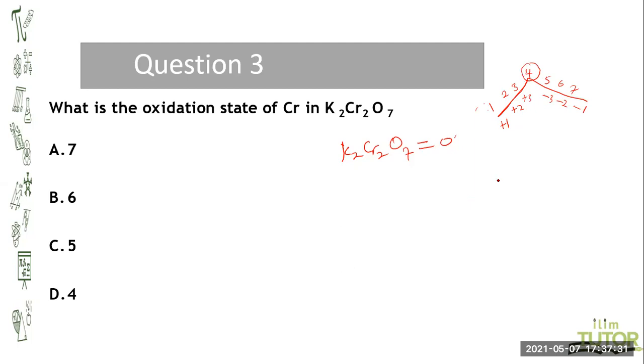So basically, all I need to know is what is the group. So for potassium, I may want to know what is the atomic number of potassium. The atomic number of potassium is 19. So potassium is going to be 2, 8, 8, 1. And we know that the last number, the electron in the valence shell or the electron in the outermost shell, corresponds to the group. So definitely potassium is going to be +1. But we have 2 atoms of potassium. So this makes